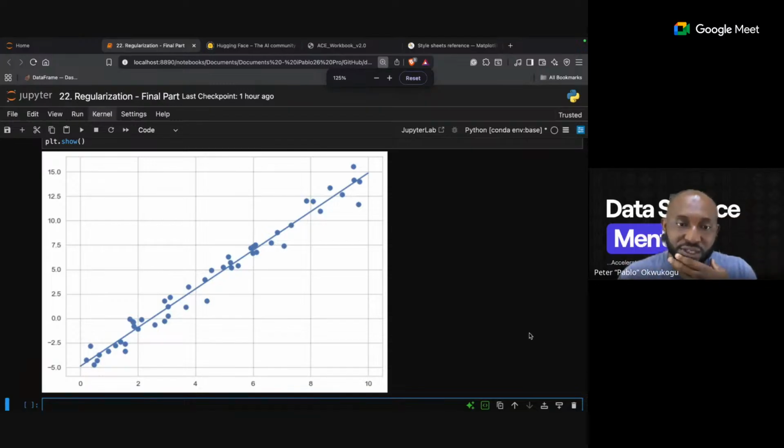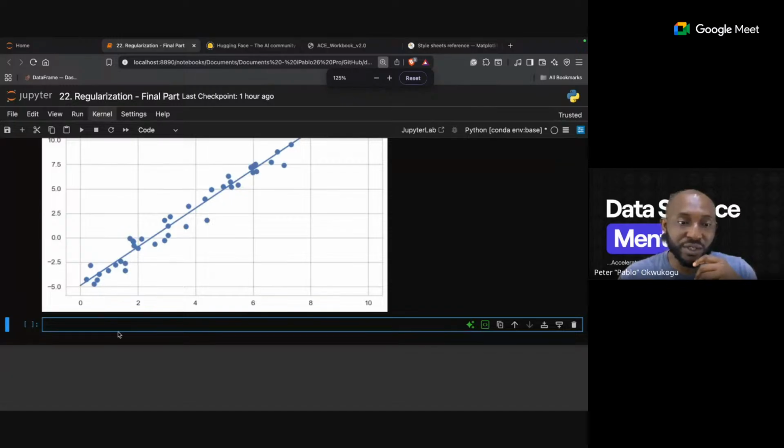So you see all these features. In case we have a non-linear model, how do we deal with it? So that's basically the question at hand.